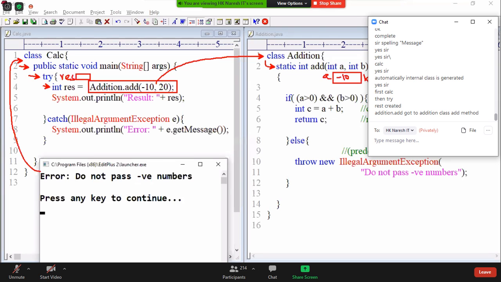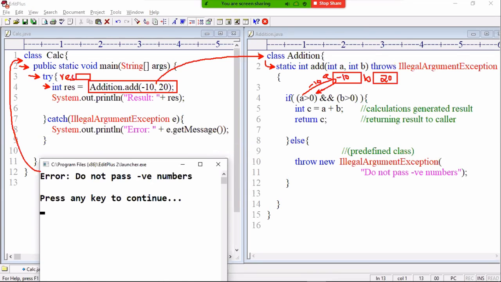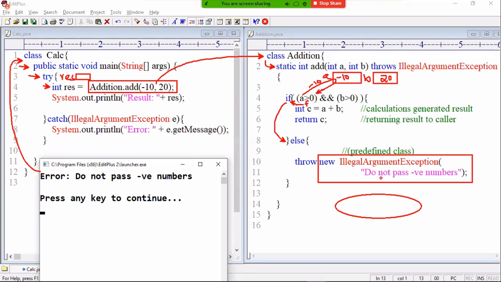Now reading the a value. What is the a value? Minus 10. Is minus 10 greater than 0? False. False and anything is false, so the next statement is not executed. Directly false is given to the if condition, then it goes to the else block. In the else block, first what is executed? New IllegalArgumentException is executed. Because of this, a background object is created with the error message